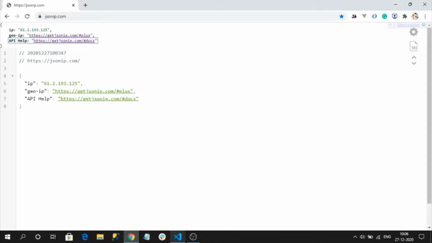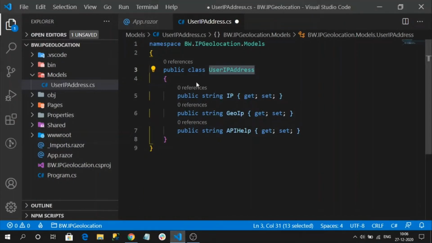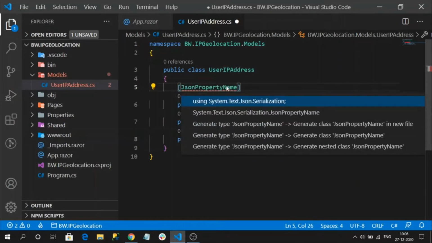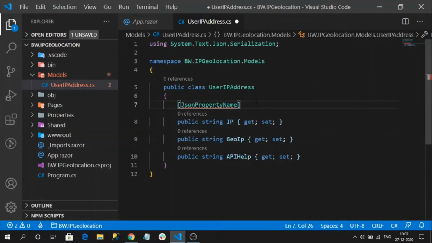So to map them, we are going to use an attribute decorator like JsonPropertyName. This is imported from System.Text.Json.Serialization. Now, this System.Text.Json serializer is newly implemented, which came from 3.1, and from .NET 5 it is integrated within the application.